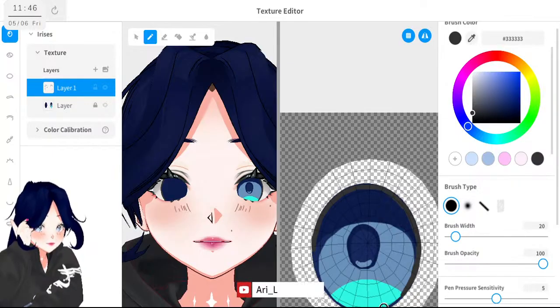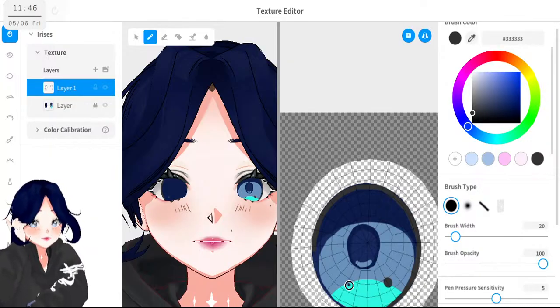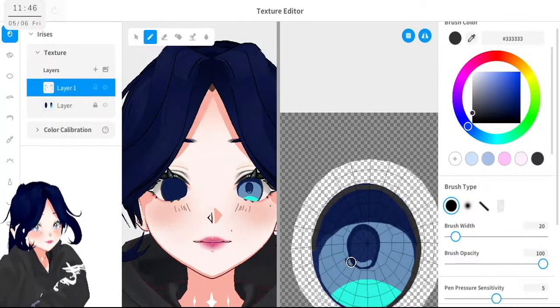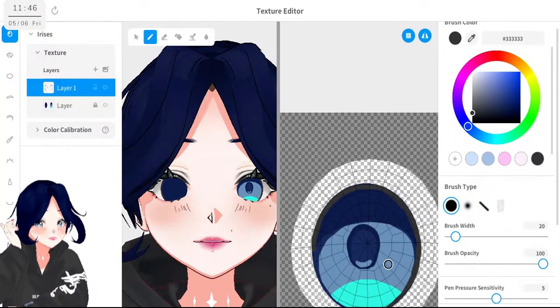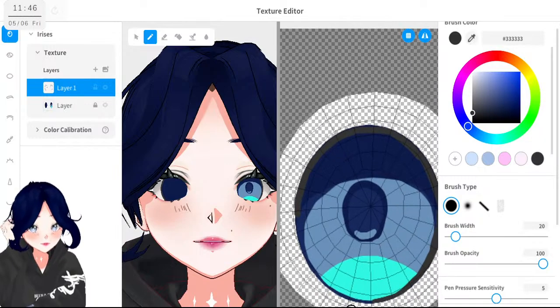But I still won't be making the eyes exactly symmetrical, because I have small moles in my eyes, but those aren't symmetrical, and it's a very small detail that I really love, so I am going to also include it here.